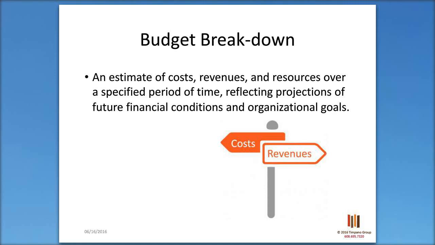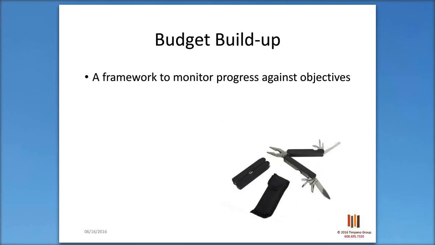And so the budget is very much forward-looking, based upon past experiences and projections or estimates about what's happening in the future. And so that is your basic lingo breakdown on a budget: costs, revenues, and resources over a specified period of time, reflecting projections of future financial conditions and organizational goals. And in doing that, then another component is, if we know what the budget is, we can start to build up